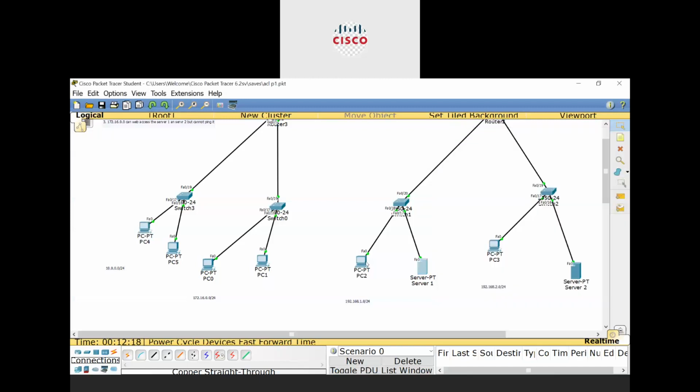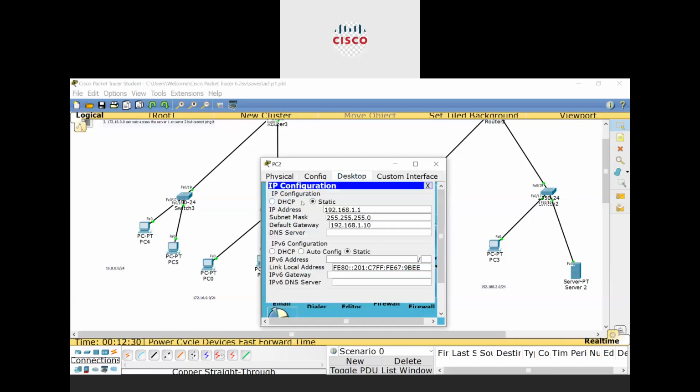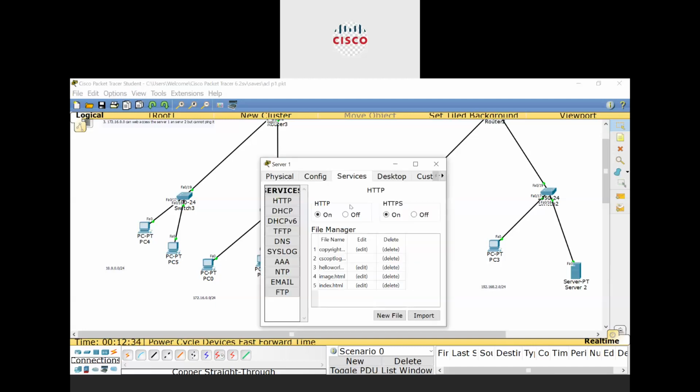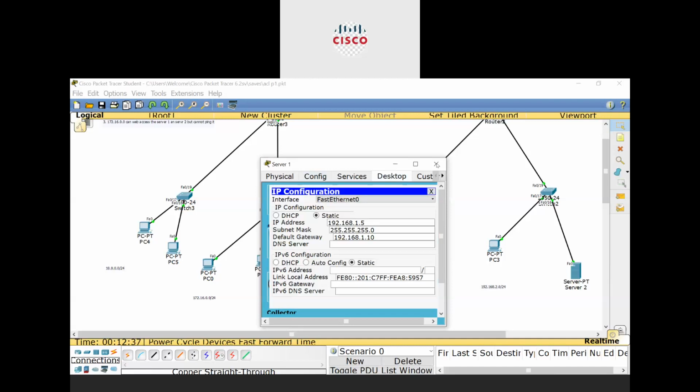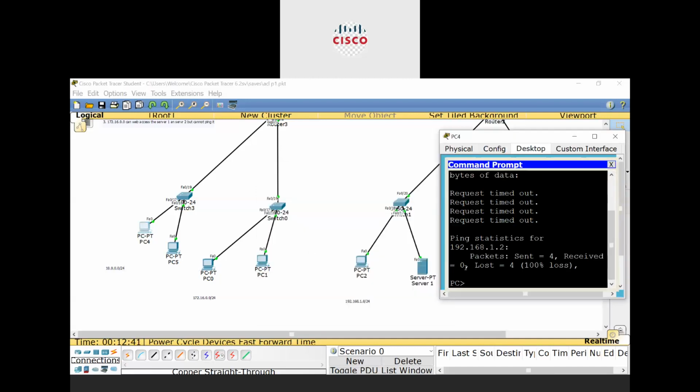Let me see what IP address we have. 1.10, okay, and this is 1.5. I thought, what is the IP? It's 1.5 now. Okay, that's great. That was the mistake that we were making. That is 1.5.